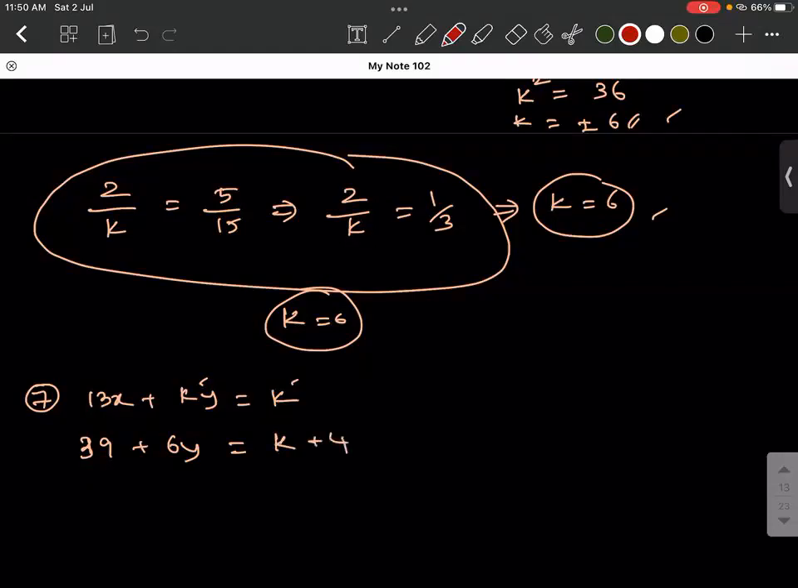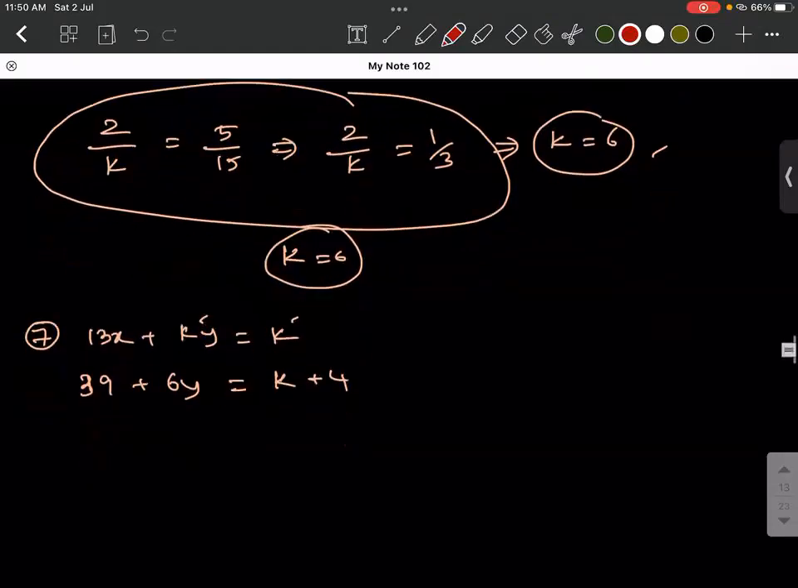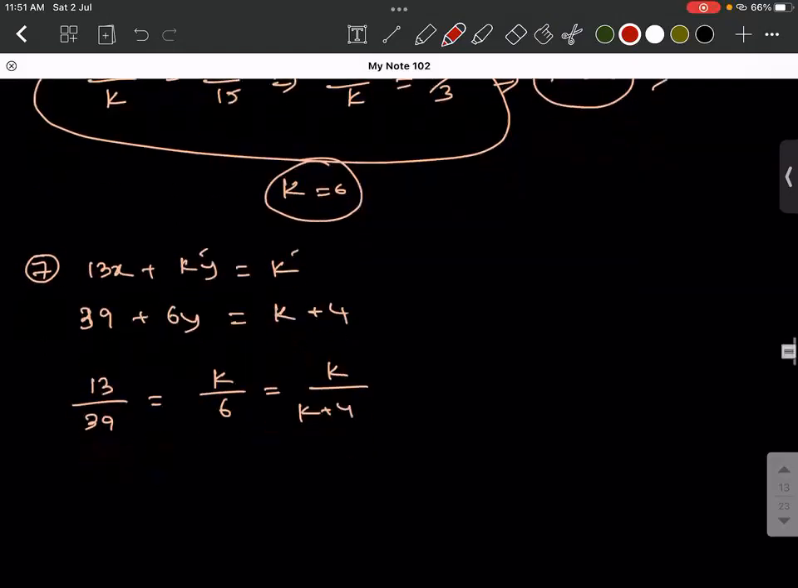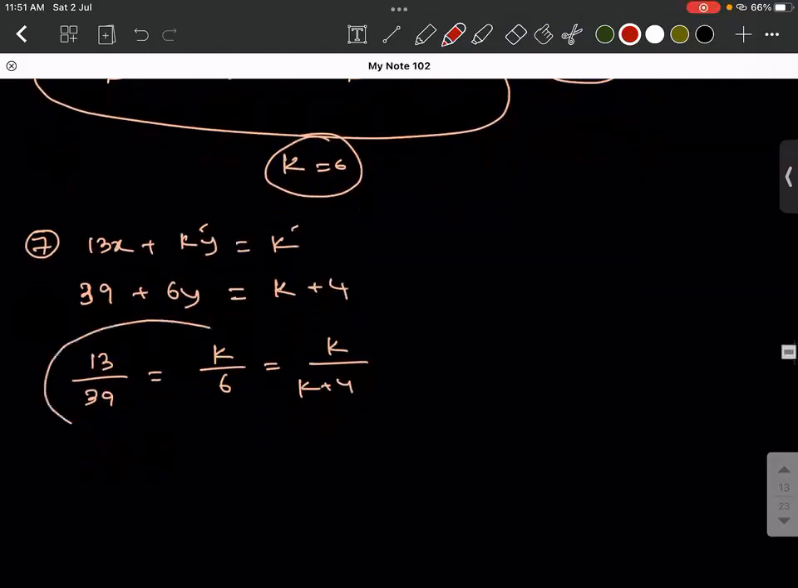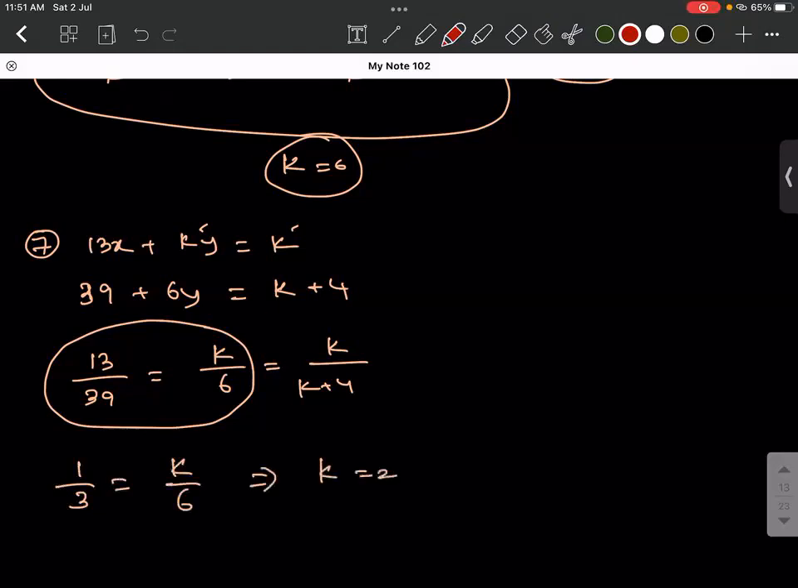Infinitely many solutions means 13 by 39 should be equal to k by 6 should be equal to k divided by k plus 1. So from these two equations, what can I say? 1 by 3 is equal to k by 6, which implies k is equal to